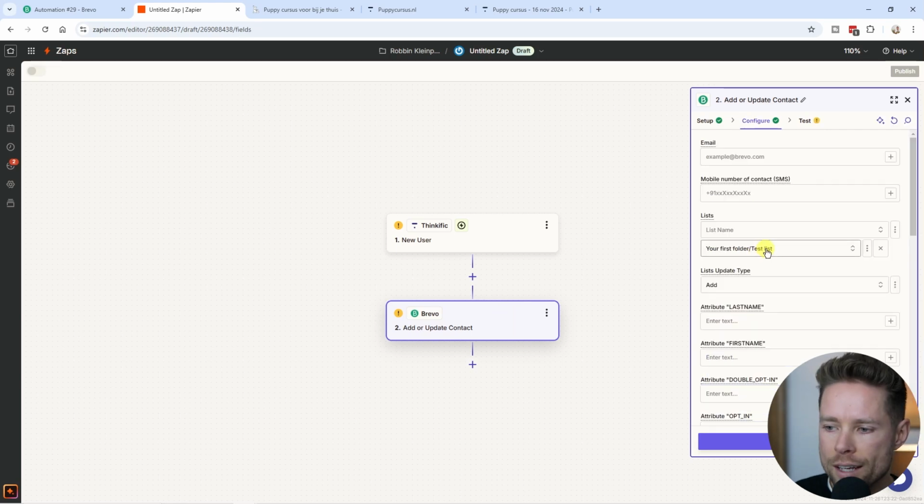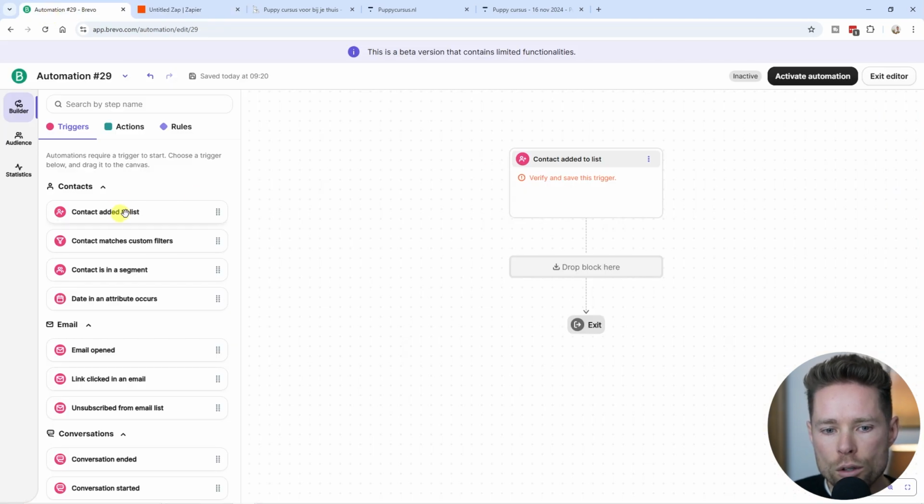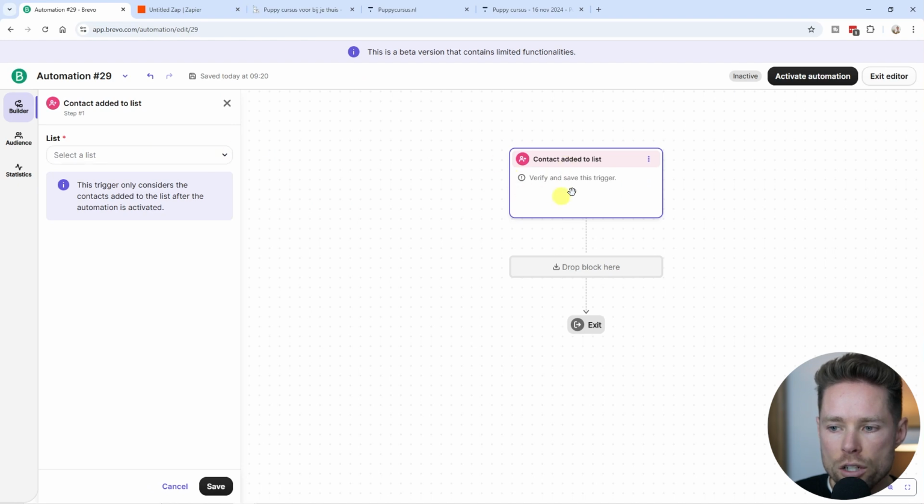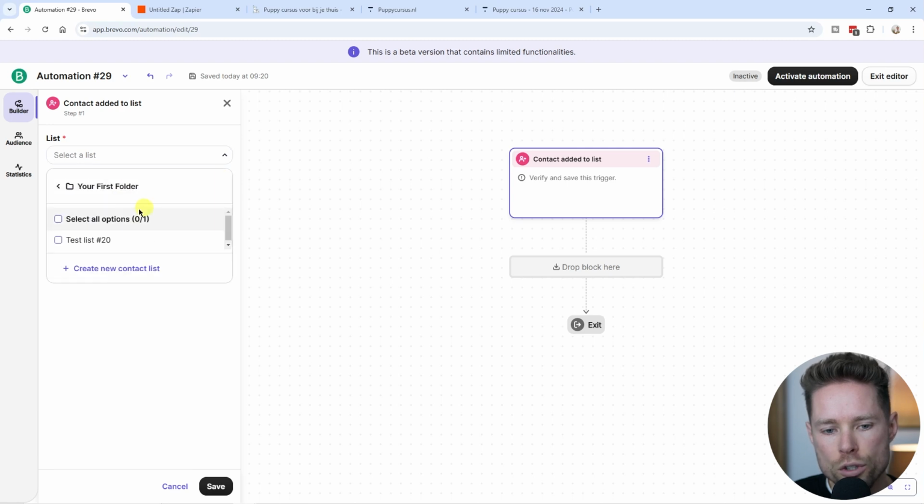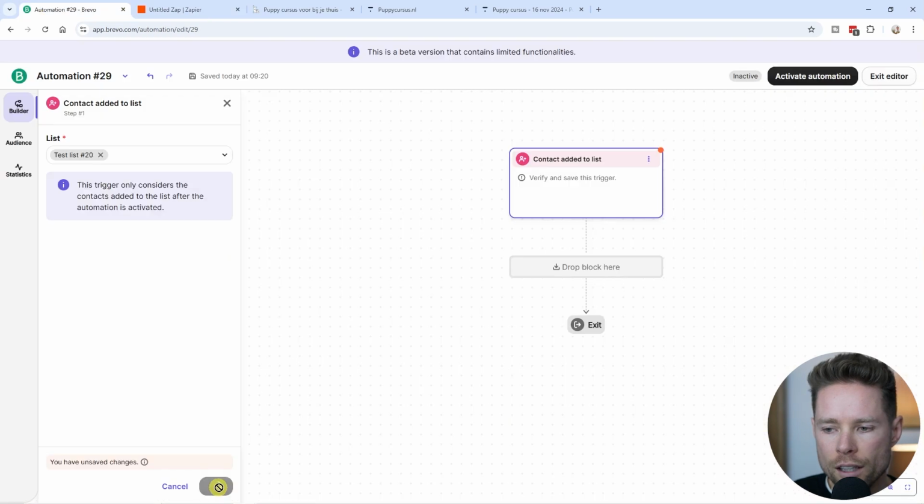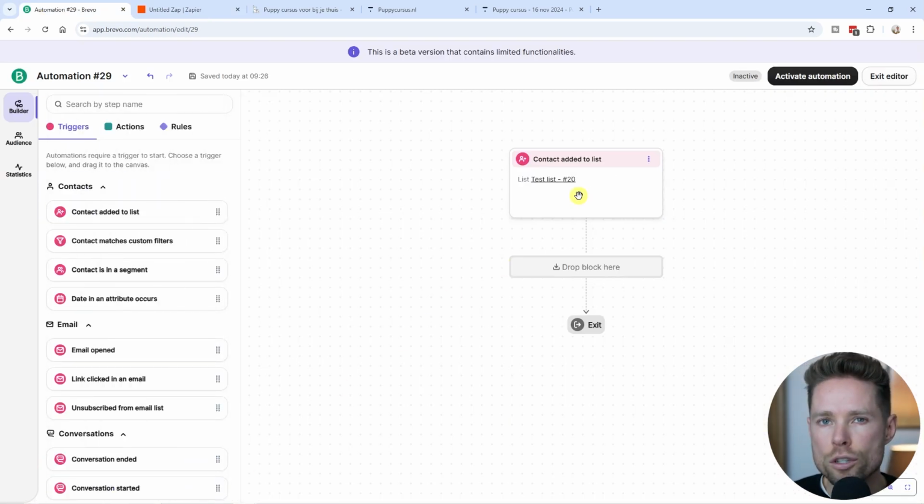And what do I want to update? I want to update, for example, a list. So I want to add that contact to a specific list inside my Brevo account. So in that example, we're going to use the trigger contact is added to the list. So you want to trigger this specific automation based on when a contact is added to a list. Obviously, you want to make sure you choose that same list that you chose inside Zapier over here. You're going to click on save. So now whenever someone purchases my course and gets added to my online course platform, this specific automation